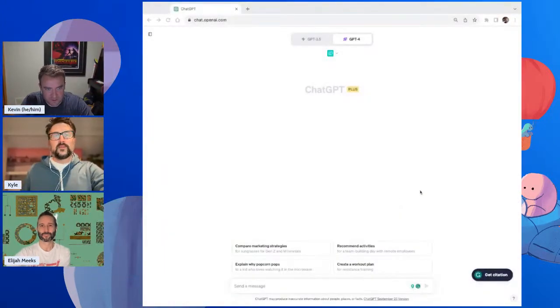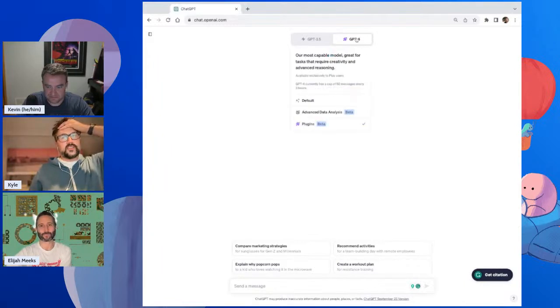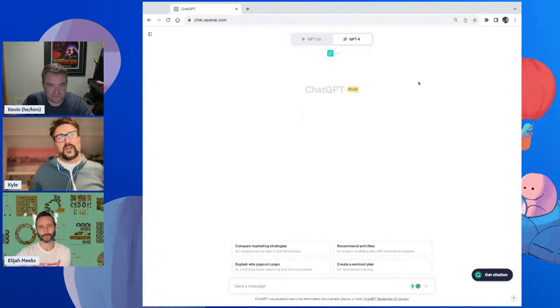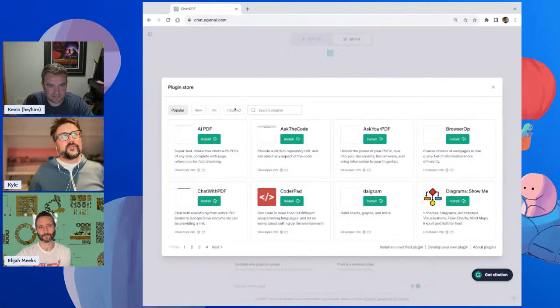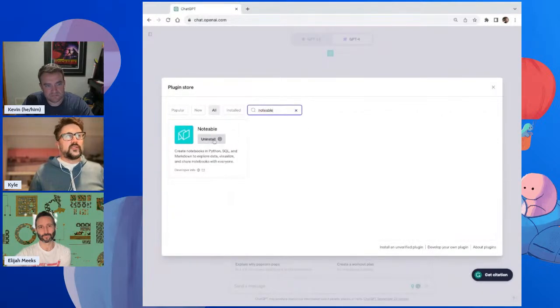All right, we'll bring you back here. Everybody can see chat. Here we go. Let's do this. Okay. So on ChatGPT, if you have ChatGPT Plus, then you can go to plugins, you enable plugins, and then you can go to the plugin store. And if you look in the popular plugin section or you type in Notable, you can install the